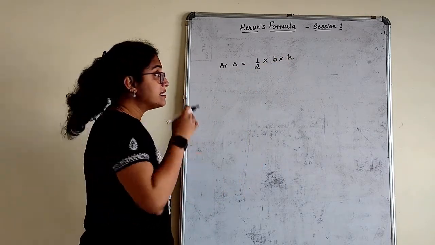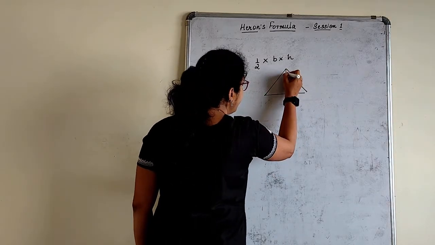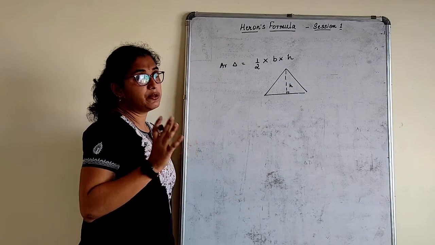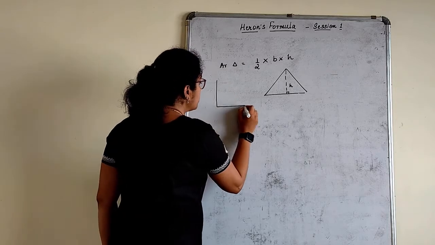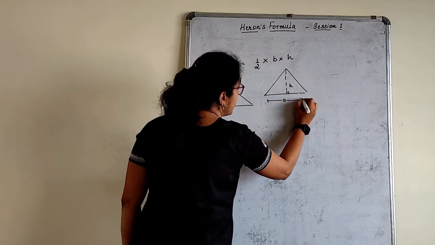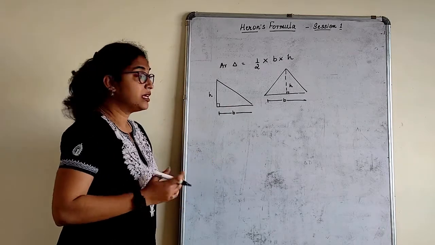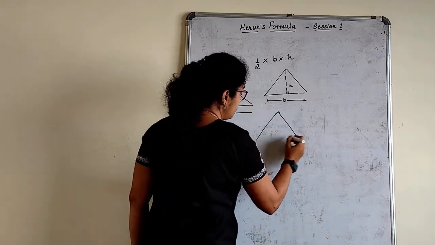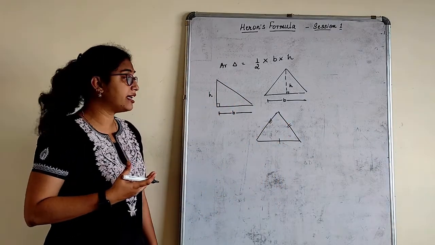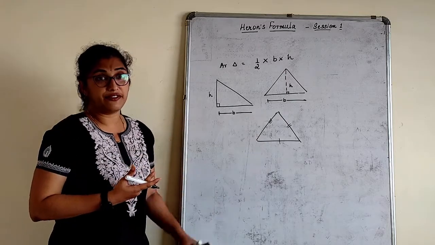But this formula is applicable for a triangle if it has an altitude, that is nothing but a height. We all know that altitude is nothing but a perpendicular. Or this is applicable for a right angle triangle where this is base and this is height. Suppose I have a scalene triangle where all three sides are unknown and height is not given. So what do I do? How do I find the area of the given figure here?